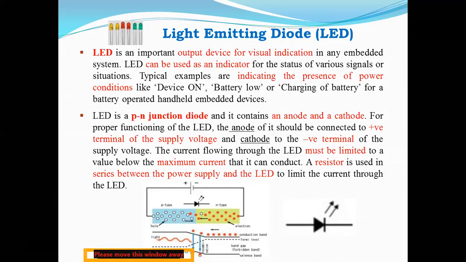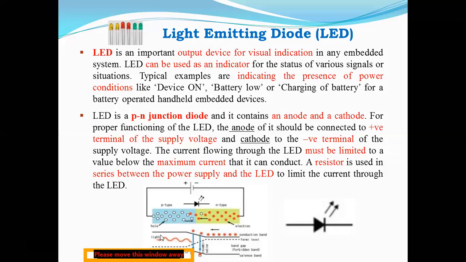It is giving an alarm for the user, right? So here you can see that LED plays a very important role as an output device, which gives a visual indication. LEDs basically show light, either red, most of the time red, or green, right? They indicate the power condition, like whether the device is on or the battery is charging. These act as an actuator. Actuator means they show the output, whether the system is working correctly or not.